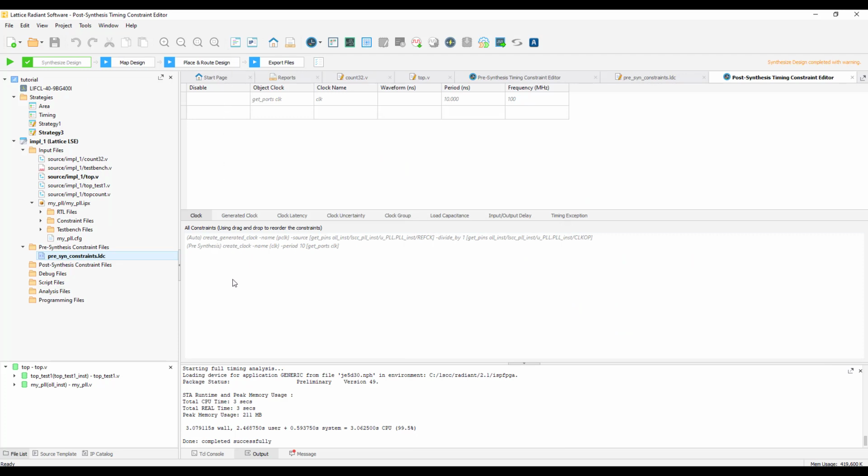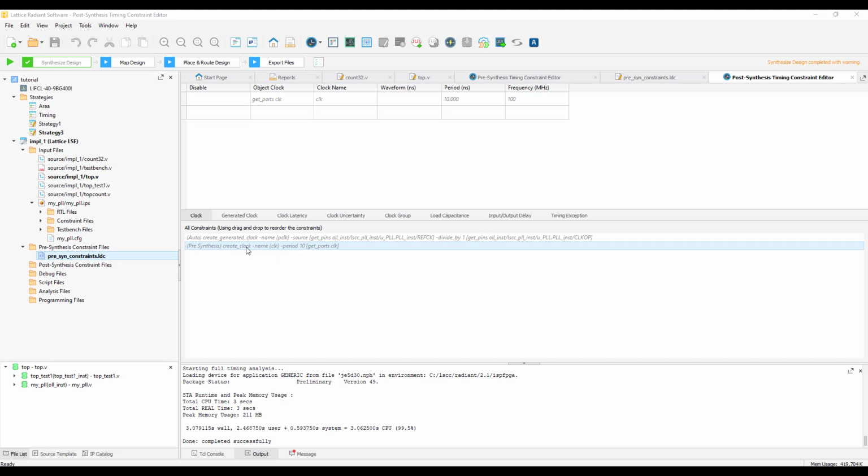In the post-synthesis timing constraint editor, you will be able to see if there are any constraints that are already auto-generated and propagated after synthesis. As you can see, a create generated clock constraint is propagated from synthesis, and this is used inside the PLL. We also had created a create clock constraint that can be seen here, which also appears in the post-synthesis timing constraint editor.